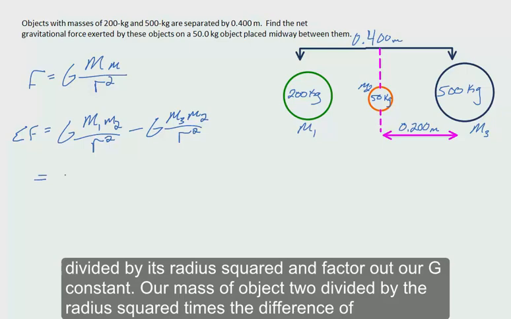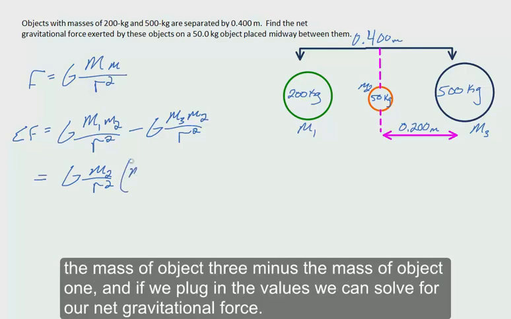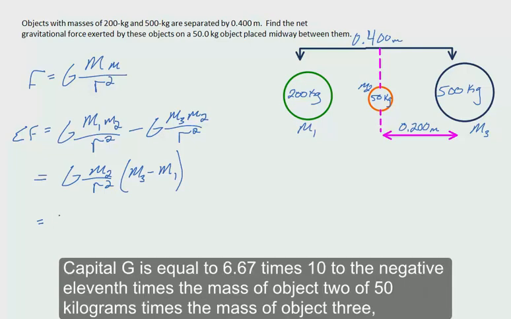And we factor out our G constant and the mass of object 2 divided by the radius squared, times the difference of the mass of object 3 minus the mass of object 1. And if we plug in the values, we can solve for our net gravitational force. So capital G is equal to 6.67 times 10 to the negative 11th